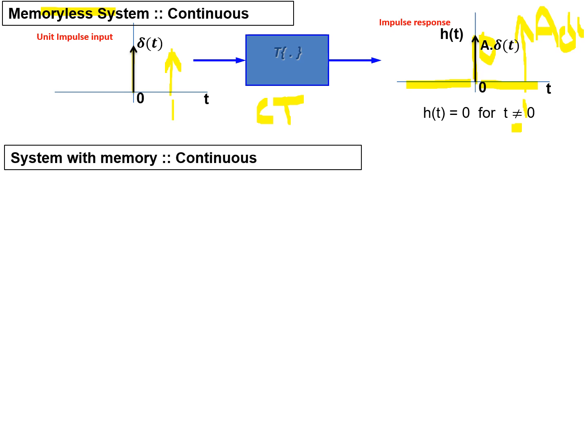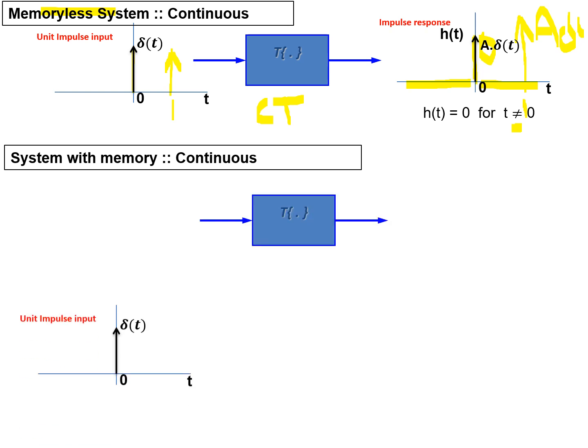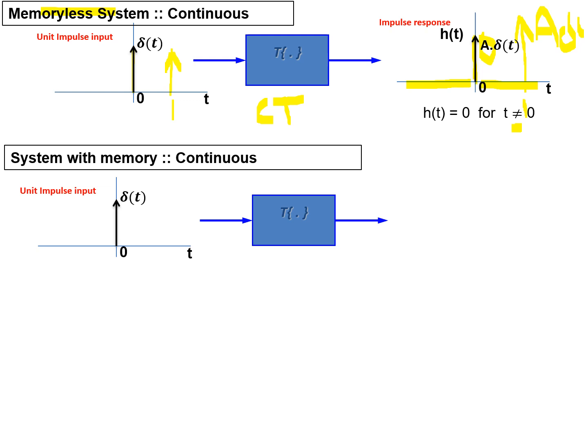Suppose a continuous time system had memory, how would the input-output relation have looked? If I had an impulse at the input of a continuous time system with memory, the output might have been like this. I don't know why the output behaves like this, but the output continues even beyond 0. For all this time, the output rises to 1 due to some effect of the input function. Whenever I apply an impulse, the impulse appears and goes, but the output rises to 1, then remains for some time. It goes on decreasing linearly with a negative slope, then becomes 0 at t equal to t dash. Till this time the output appears.